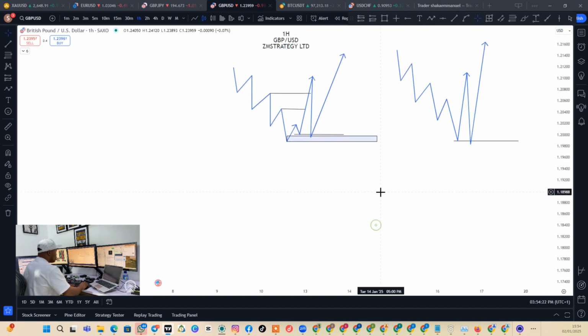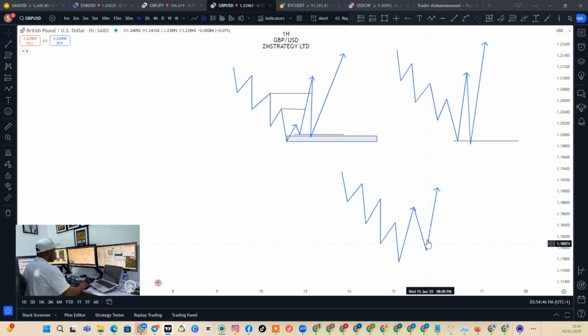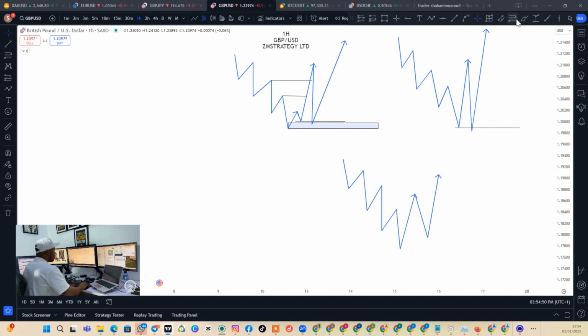So like I said before, in a situation whereby we have this move and we have a break, maybe a one-time break, now there is no B leg. Now we can either wait for the market to come to give us a B leg, then break. For the market giving us a B leg, we understand that we have not gotten a structural liquidity. You can simply say that this is our